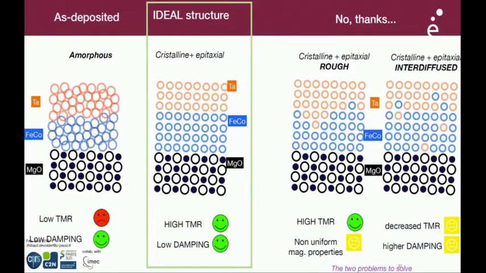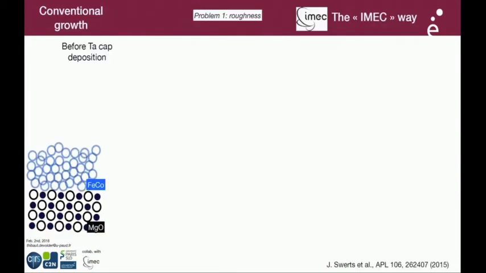So you essentially have two problems to solve. One is roughness, or generally structural disorder, and the second one is intermixing. Okay. So let's talk about the roughness, since the method to cope with this situation was developed here by Johan Zwert and co-workers. If we do conventional growth, so we have iron cobalt on MgO in the amorphous state,